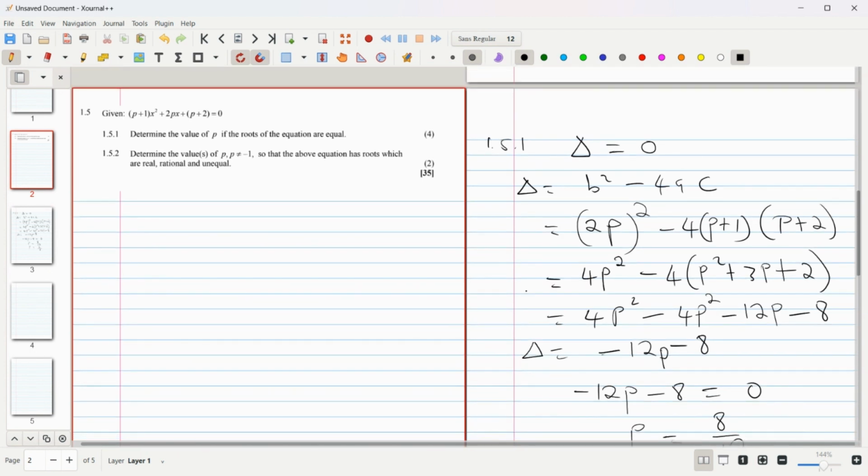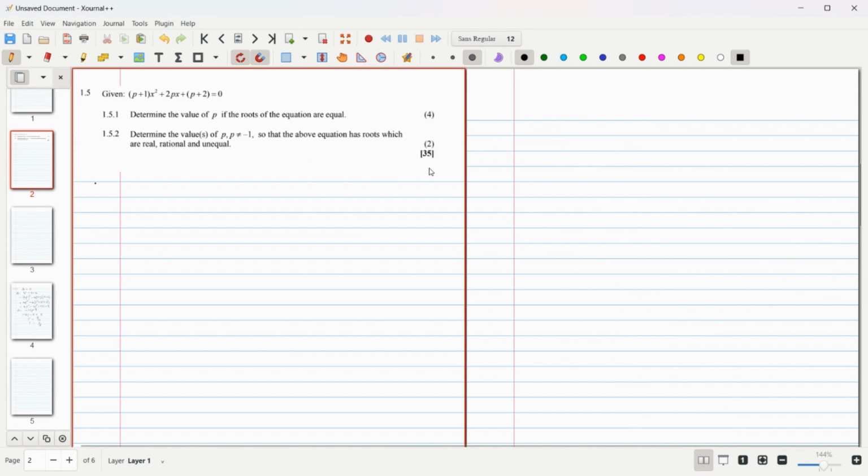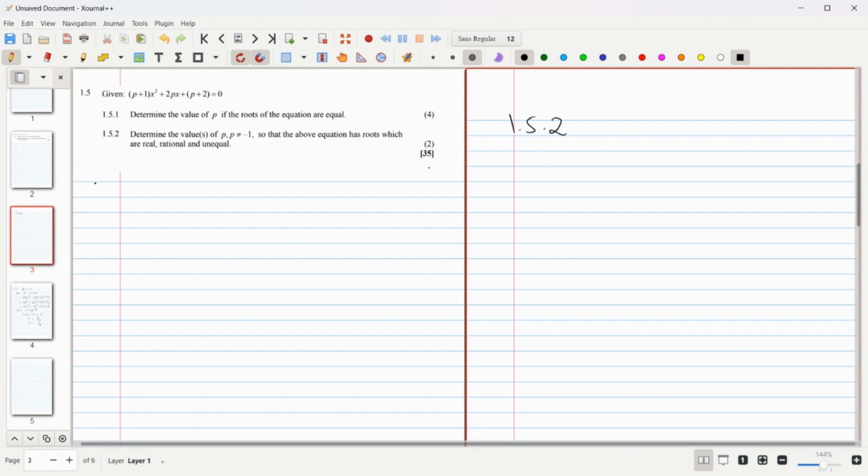For the next question, it is 1.5.2. We need to determine the values of p, where p should not be equal to -1, so that the above equation has roots which are real, rational, and unequal. So the discriminant, for us to have real roots, rational and unequal, has to be